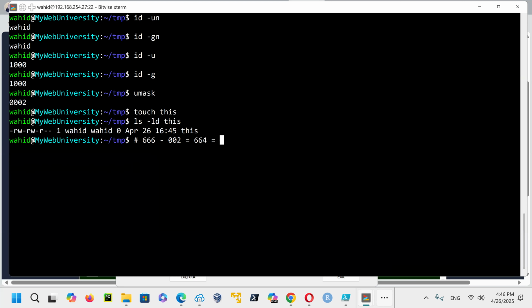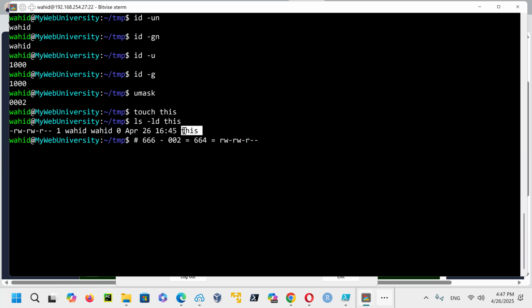What does that mean is that read write for the owner, and then read write for the group, and read for others. That's how this permission is created. This is the first one, the first 6, saying read write, which is this, and then dash, meaning that there's no executable permission there.